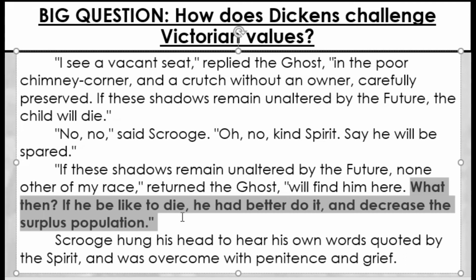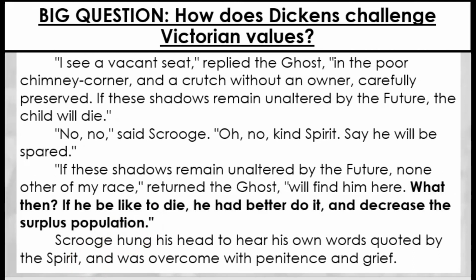So what we're getting here again is a return to the ideas of Malthus, this idea that poverty and death and disease, which are all represented here in Tiny Tim, because of course his disability is the result of his poverty and disease. This is the way in which Dickens is making this abstract idea of Malthus into something very real, very personal, and something which is more unsettling. He's taken that abstract idea and represented it in a character so that we realise just how insensitive and cruel Malthus's view of things actually could be seen as. And that's an important idea.